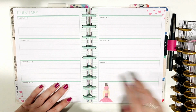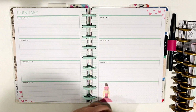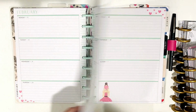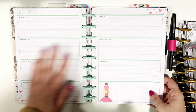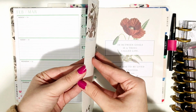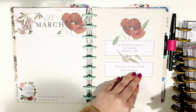This is the horizontal layout from the Hustle and Heart Wrong planner. So I just added in the full month of these inserts for February. I like how seasonal and bright they are. So February is all set for me to go. And then I taped the other pages together, and then we move into my March divider tab, again from Vintage